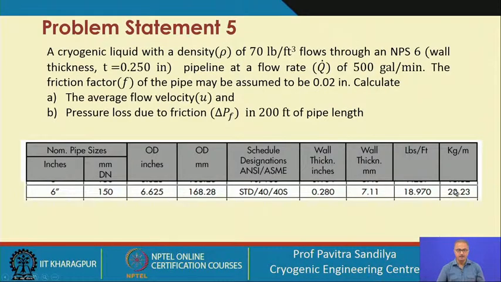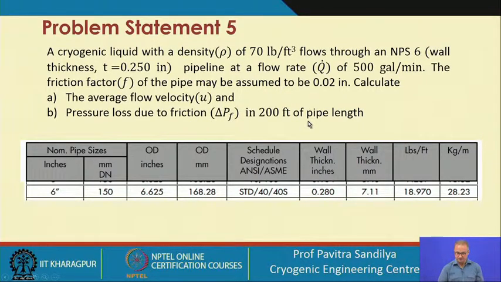Okay. And as the next one, we have a cryogenic liquid, because LNG is cryogenic. Sometimes we have liquid nitrogen also in the plant. So, we have a cryogenic liquid, which has this particular viscosity and density, flowing through this particular pipeline at a volumetric flow rate given as 500 GPM. So, assuming the friction factor to be 0.02, we have to find out